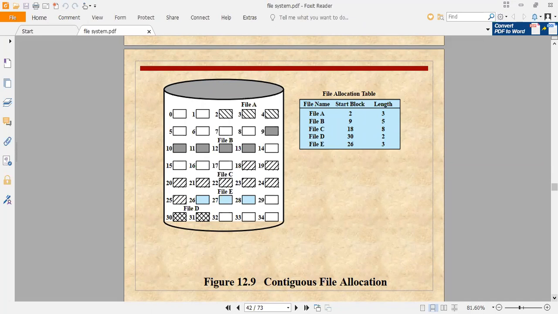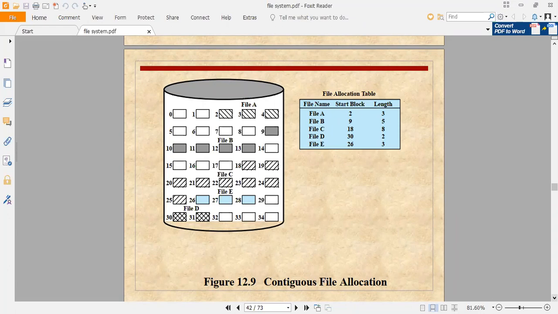File B starts from the ninth block and the total length is 5. Similarly file C starts from the 18th block and its total size is 8. Likewise file D starts from the 30th and the size is only 2.